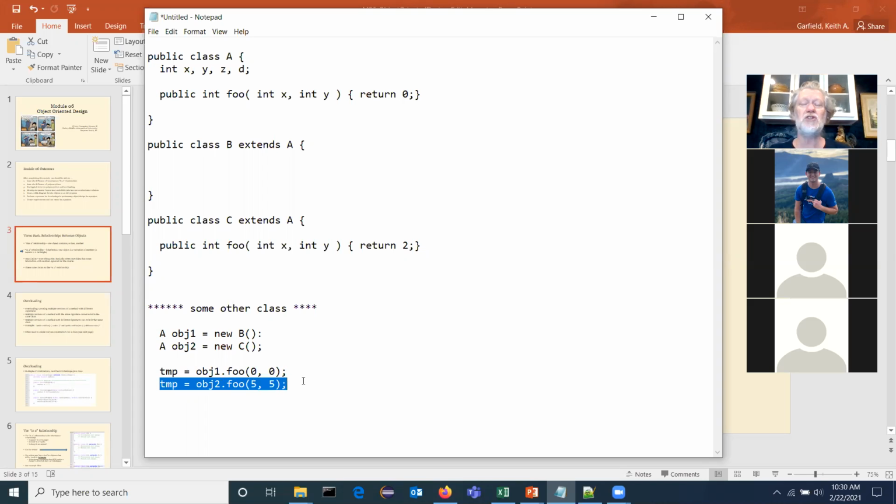If you go look in object2, you're going to find a method called foo. I need you to run that method with 5 and 5 as input. So the Java virtual machine goes up to object2, which is of class C, and looks in there, and sure enough, there's a method called foo that takes 2 integer value inputs, and it returns an integer. Everything's great. It runs the method.